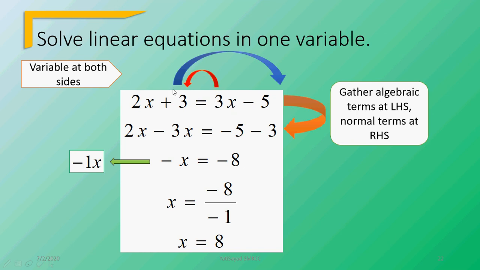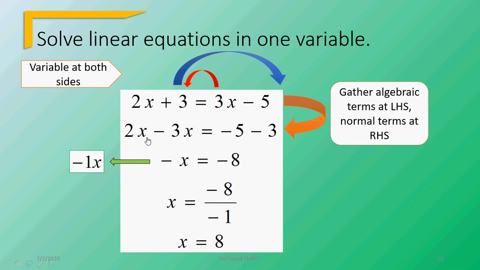And for this number 3, since it is an addition, when you change the side, you will make it a minus. So from 2x plus 3 equals 3x minus 5, you will have 2x minus 3x equals